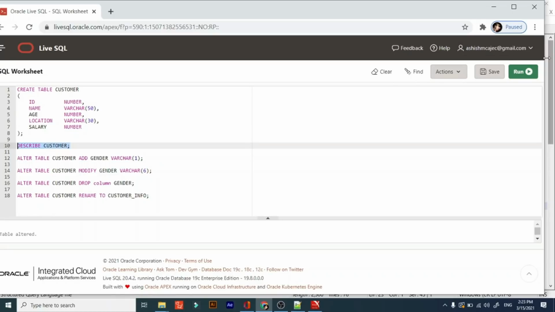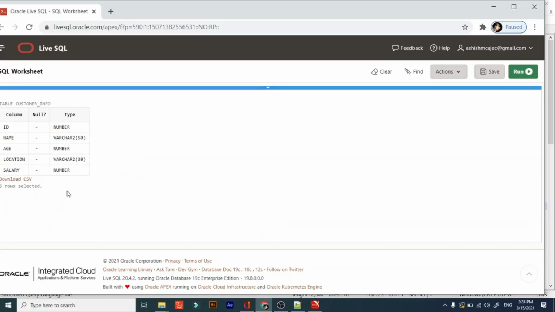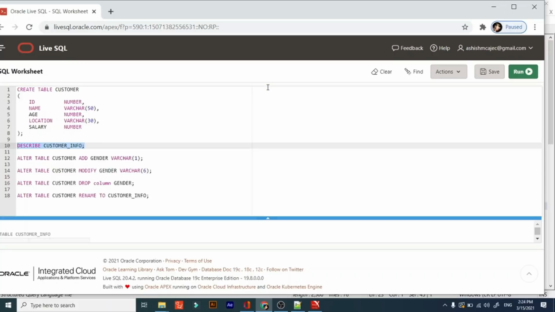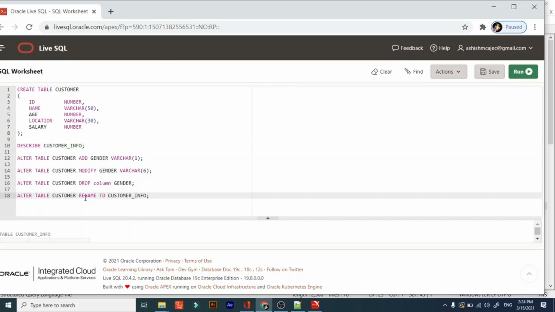See, the customer table is no longer present in our database because we have renamed it to the customer info table. See, object not found. If we describe customer info, we can see the structure of this table. So we have renamed the table. It's a very simple command.